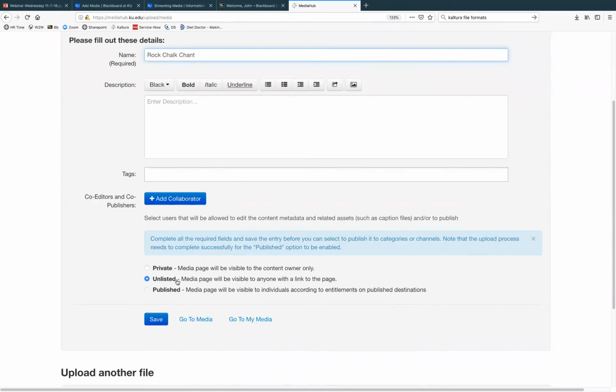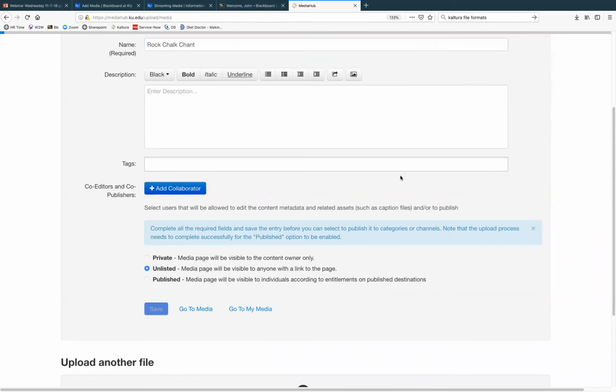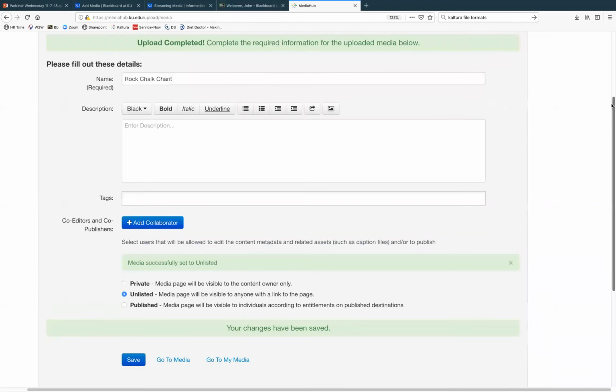But if it's unlisted, it's still only going to be shared with people if I deliberately share it. Publish doesn't mean anything to us. Again, it's the way we've set it up. Some people use this product, they call it MediaSpace, as a real YouTube that you can search and all that, and you can publish to channels. We don't do that. We're using it as a kind of personal private repository. I click Save, so I can change my name there.